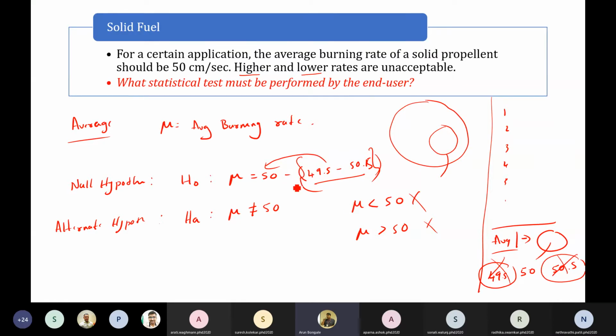But don't say always, if I say 50, there should be some provision for variability due to the factors that I just explained to you, right? So there will be 49.5, and I may accept it as mu is equal to 50 itself, right? Based on some parameters. How to take a decision on that, we'll be coming to that part when we actually go into the problem, okay? So as of now, we'll consider that only 50 is exactly the null hypothesis.